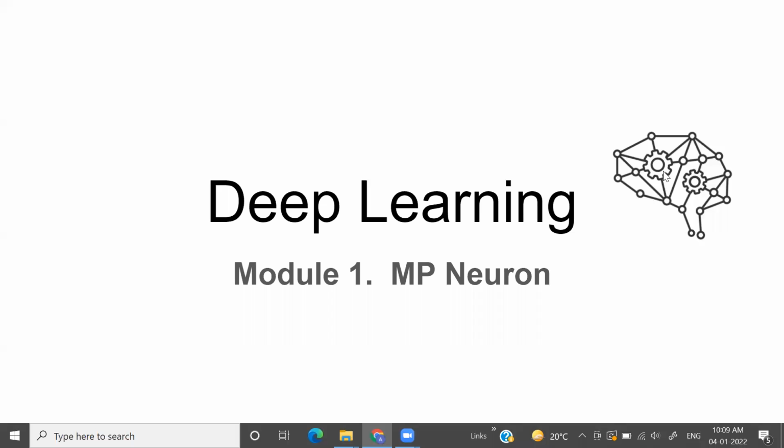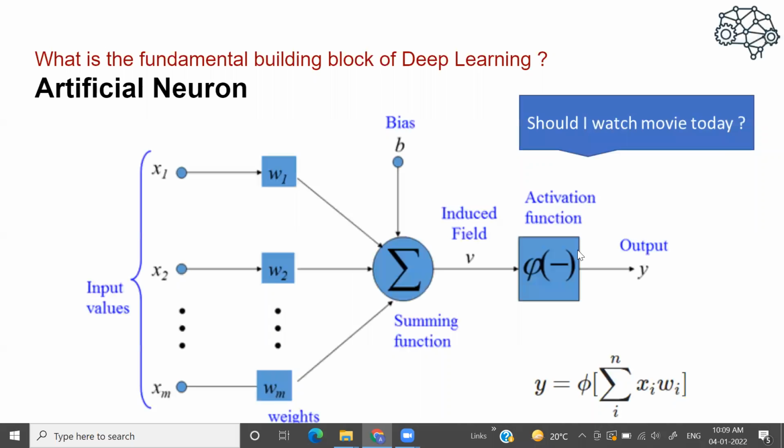Let me start by giving you a quick recap of what we covered yesterday. Yesterday was the first lecture we had on deep learning, and we started with the history part. We explored the MP neuron, that is McCulloch and Pitts' neuron, right? And this was the elementary step people took toward the journey of deep learning. We saw what the artificial neuron is, right?